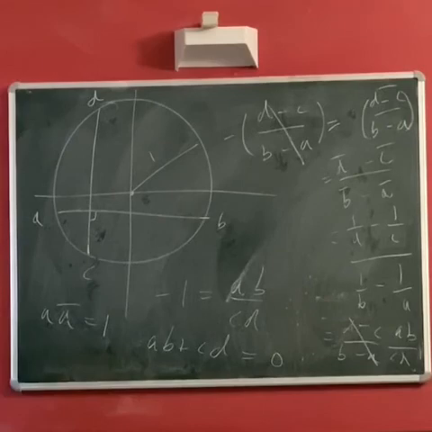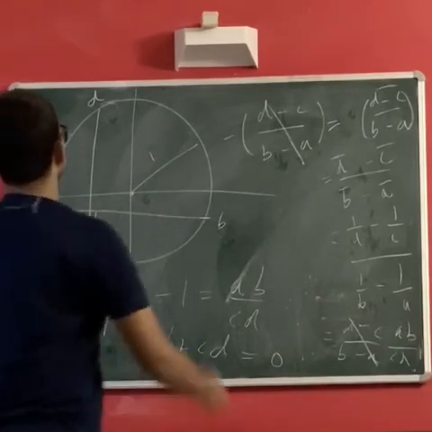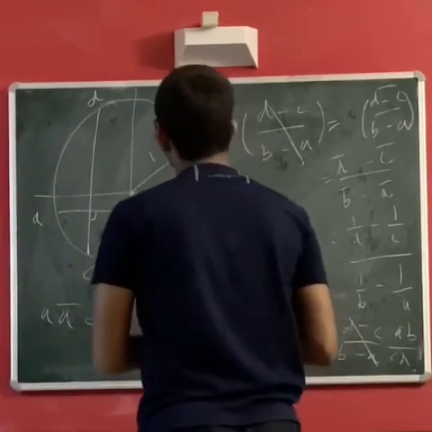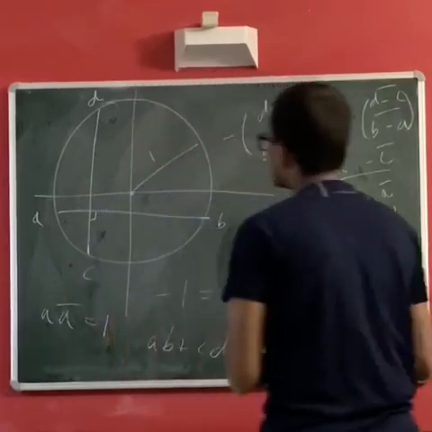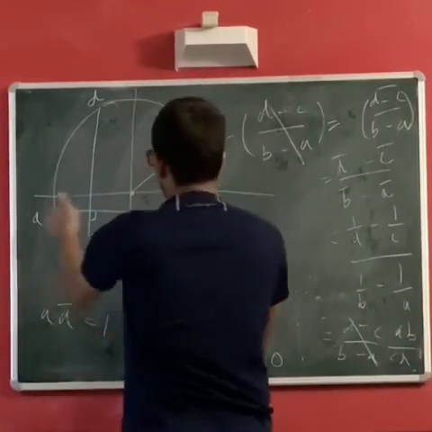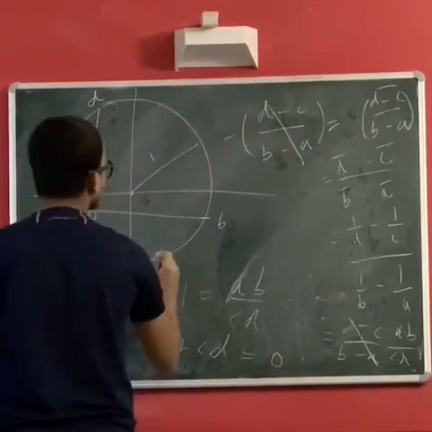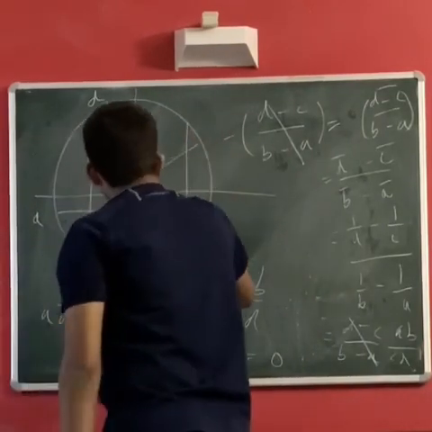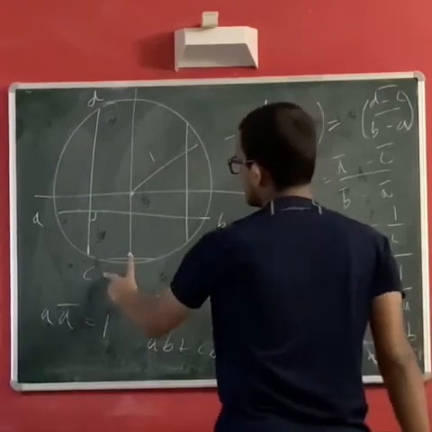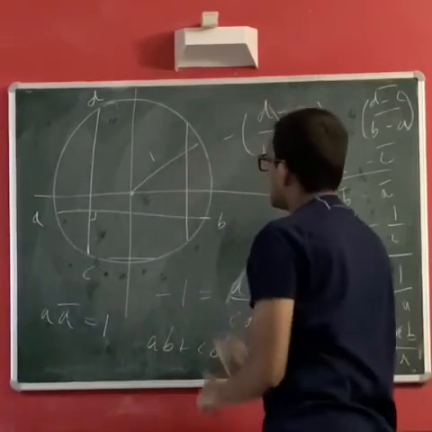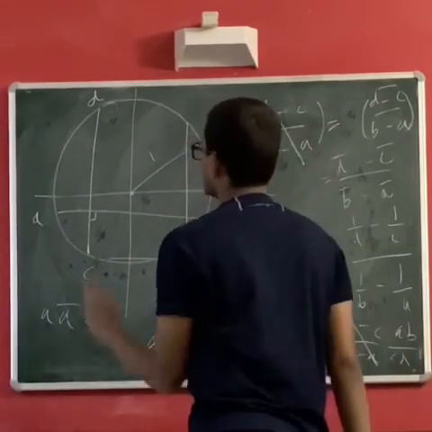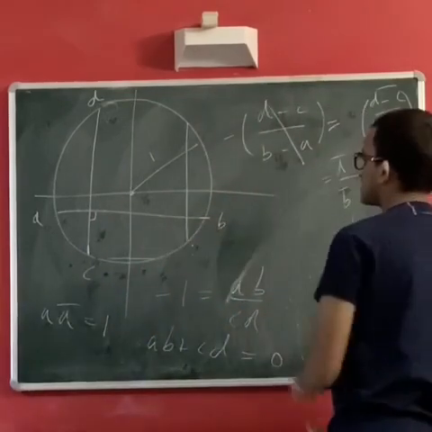It could also be in some other way, that is, you could join other chords, they might intersect outside also, like say these two chords, they intersect outside and you call this A, this B, this C, this D. Even in this case it satisfies. It is not necessary that the intersection is inside the circle.